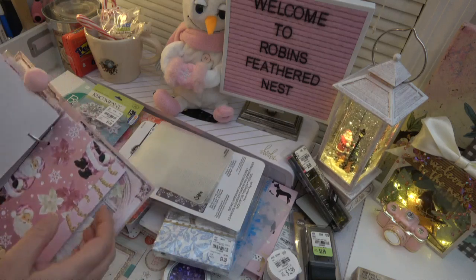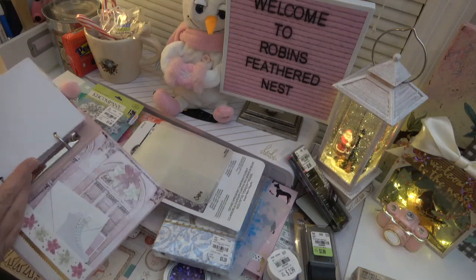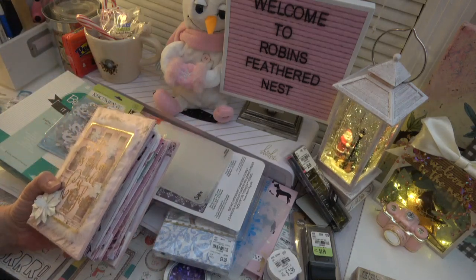I had to stop at 20. I guess I got really busy, but I have more paper, of course, that I need to cut down and put in here to finish it out. But then I'll just have another pocket in the back. So there is an idea of something that you can do